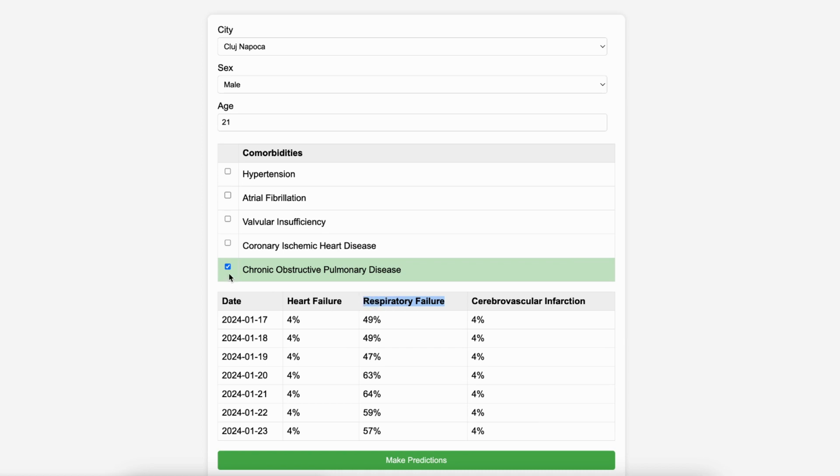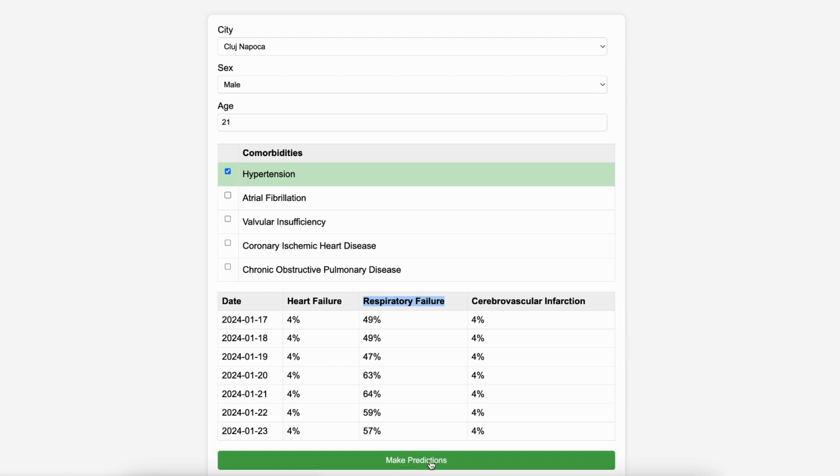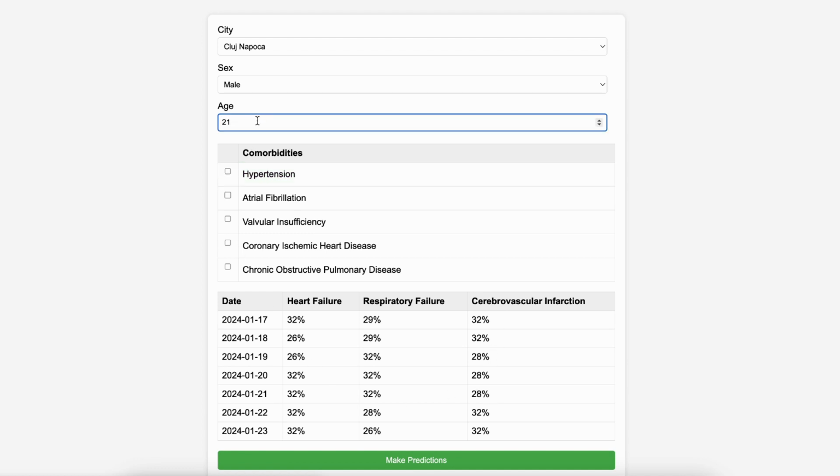increased. Now let's also give it a try with some heart-related comorbidities. And as we can see, only the heart-related diseases have increased. Let's also try with a